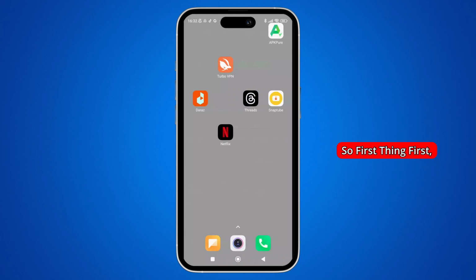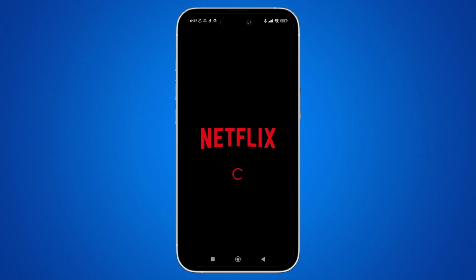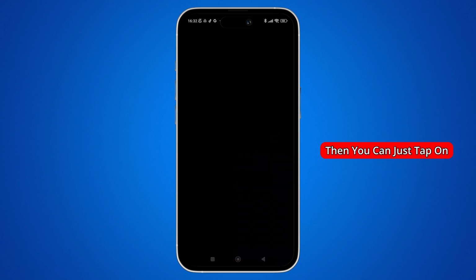First things first, open the Netflix app on your phone, and once you are inside the app, you can just tap on the sign in button, which can be seen at the top right corner of the screen. Once you are on the login screen, at the top you just have to tap on the first tab, and here you have to enter your email